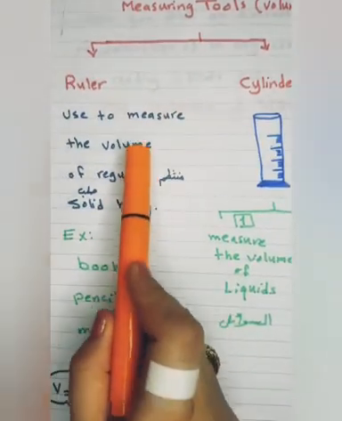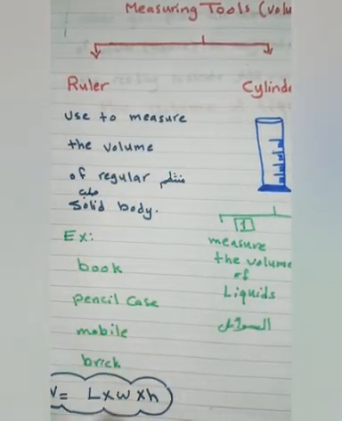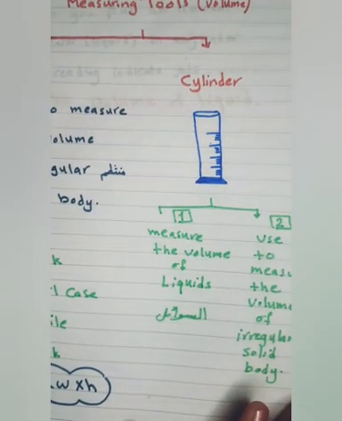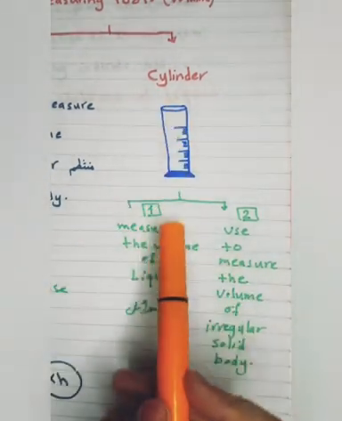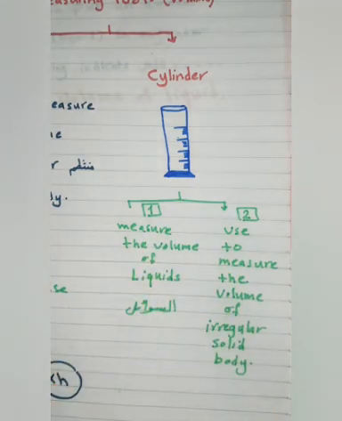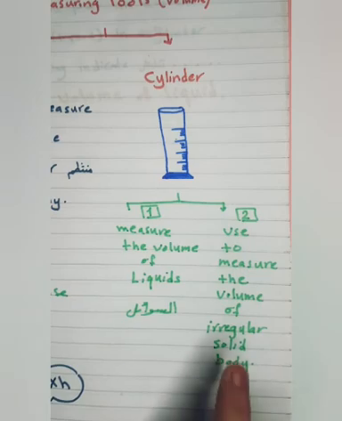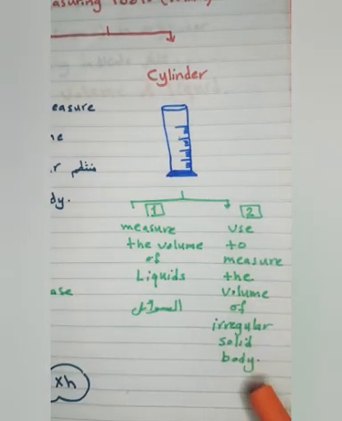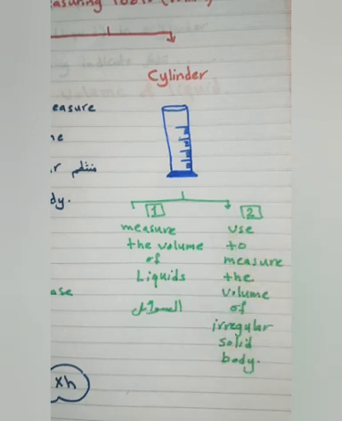Ruler used to measure the volume of regular solid body, and this is the rule or mathematical relation. On the other hand, the cylinder, it has two uses which are used to measure the volume of liquids, ودي خلاص احنا خدناها. The second use for the cylinder, we use it to measure the volume of irregular solid body. How can we use it to measure the volume of irregular solid body؟ ده في قانون وفي شغل، ومش عايزة